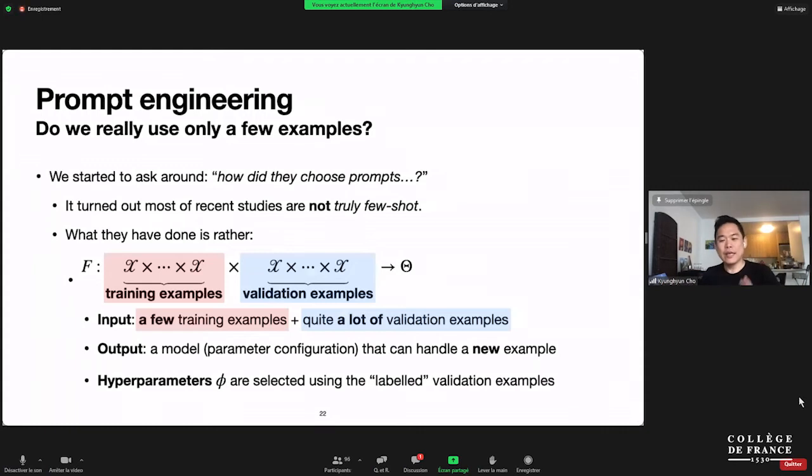So what that means is that a lot of the few-shot learning with GPT-3 has not really been truly few-shot learning in the sense that I've been thinking about, or that a lot of the people in the community have thought about. Rather, it's been a somehow weird version of few-shot learning, where the few-shot learner has not only had access to a small number of labeled examples for training, but also to quite a lot of labeled validation examples. Now, at this point,